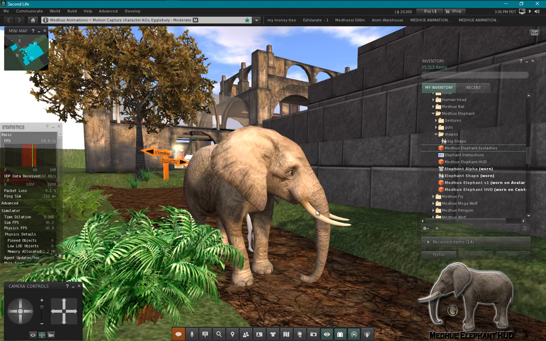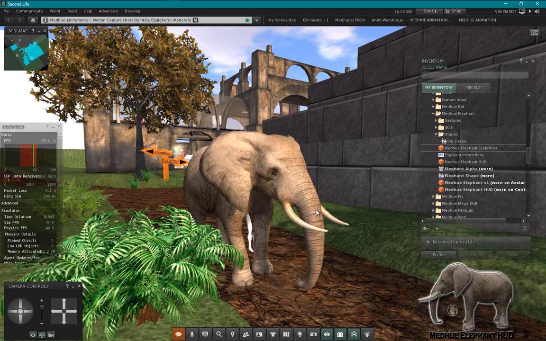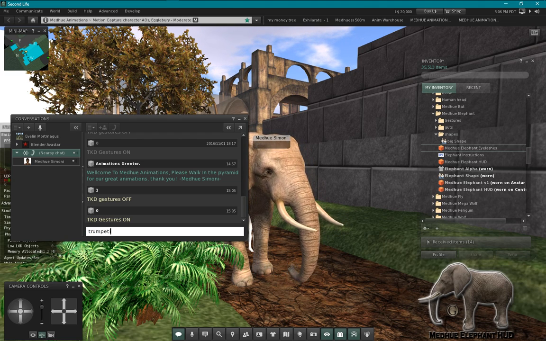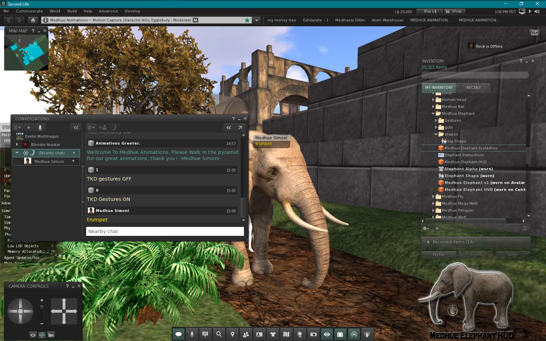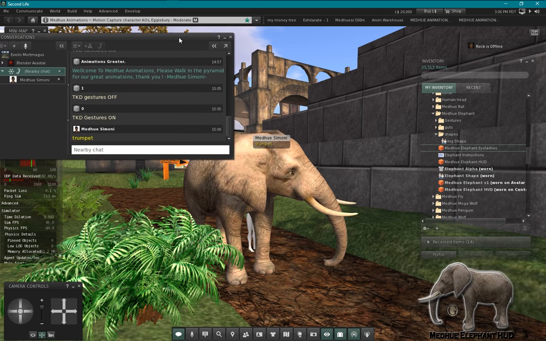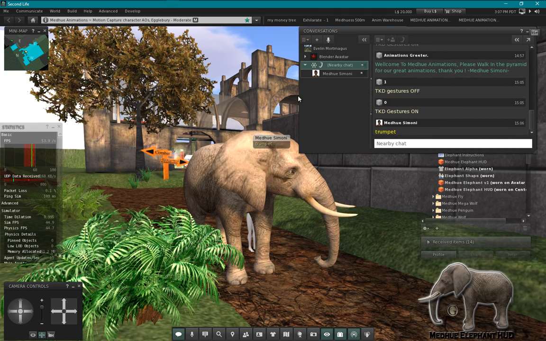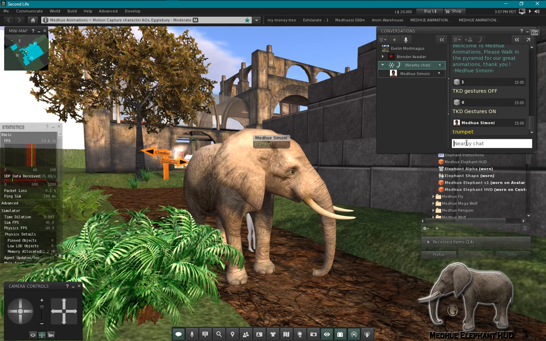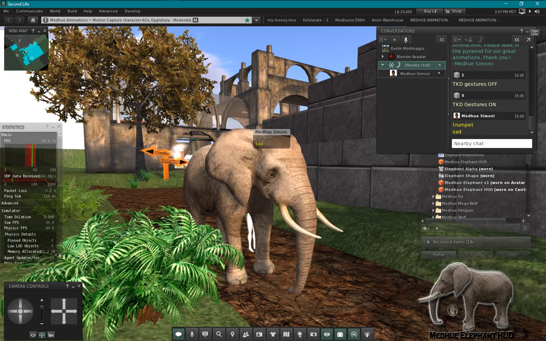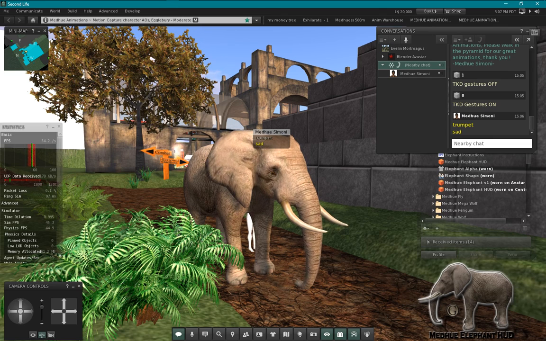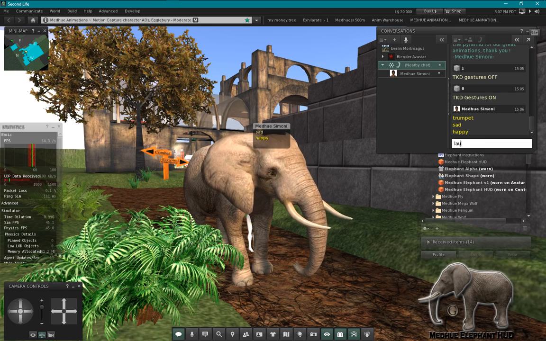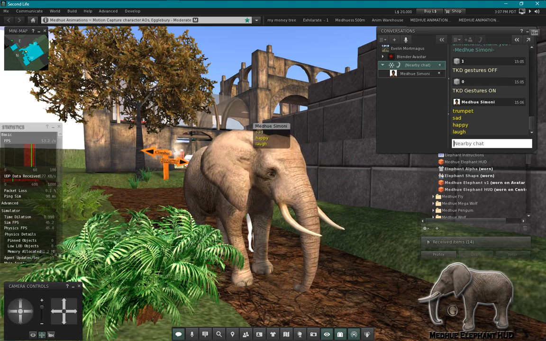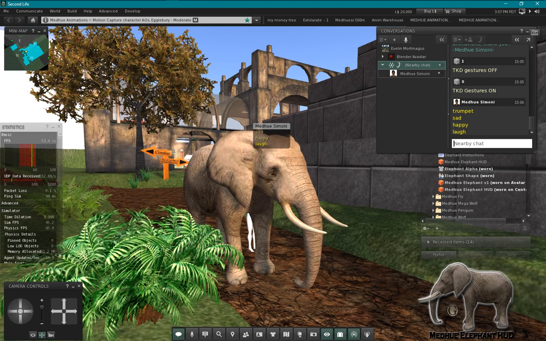gesture system, and I'll give you some examples of this. Like I could just type in trumpet, and it'll play the trumpeting animation. I could say that, for instance, close this a little bit so we can see. I could say sad, and it'll play a kind of sad looking animation. Happy animation. Laugh. A laughing animation there with a sound,